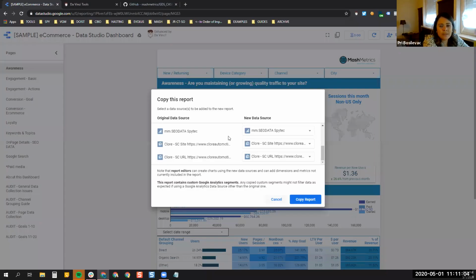I have more than 5 because I kind of stitch the data for the sample, be nice, but normally it's only 5. We have the main view, the master view of the client. We have the SEO data. We call it's from